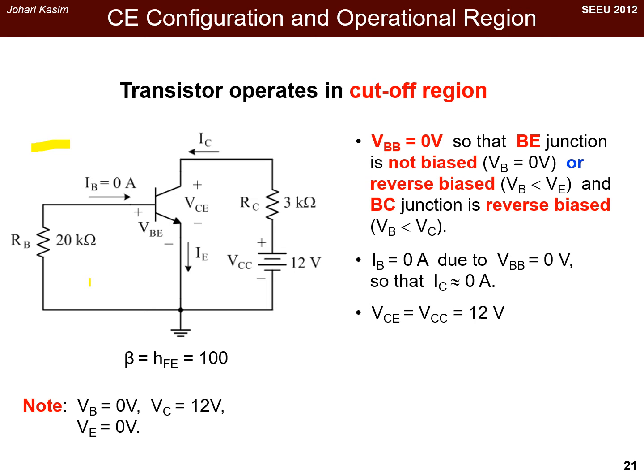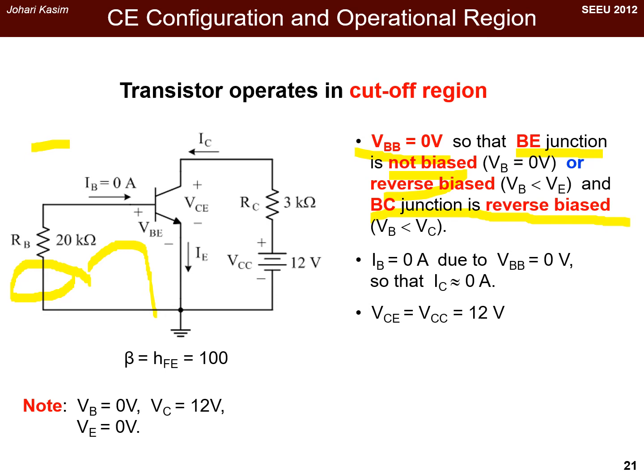This is the circuit where the transistor BJT operates in the cut-off region. We can see that there is no DC power supply. So from the analysis, we can find that VBB is equal to 0 volt, and then the BE junction is not biased or reverse biased, and then the BC junction is reverse biased,